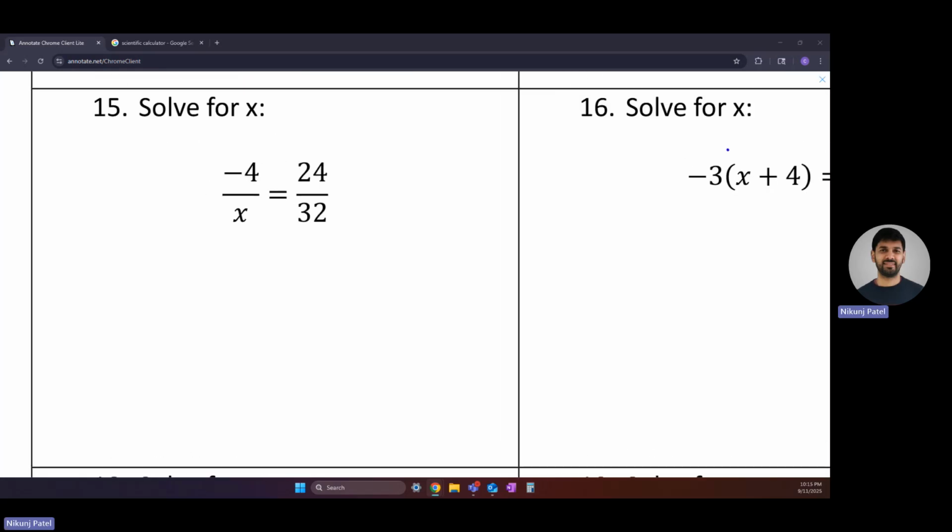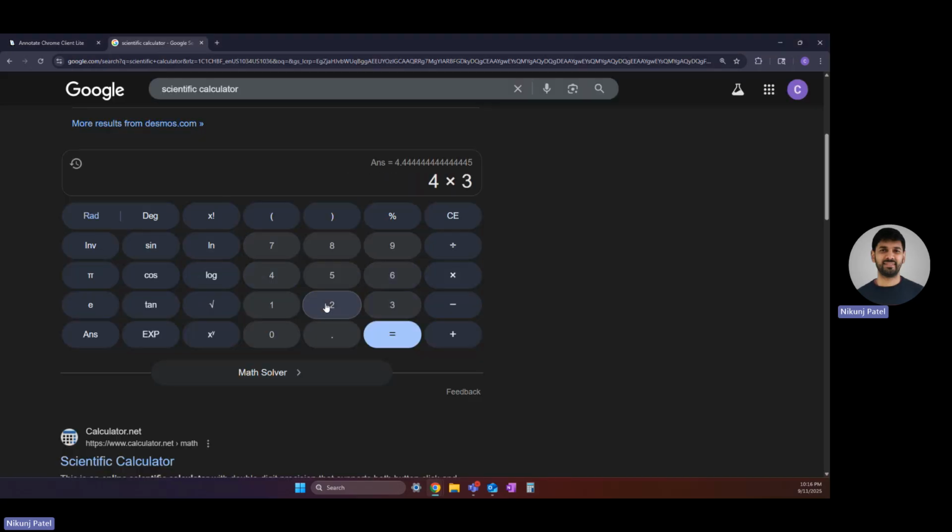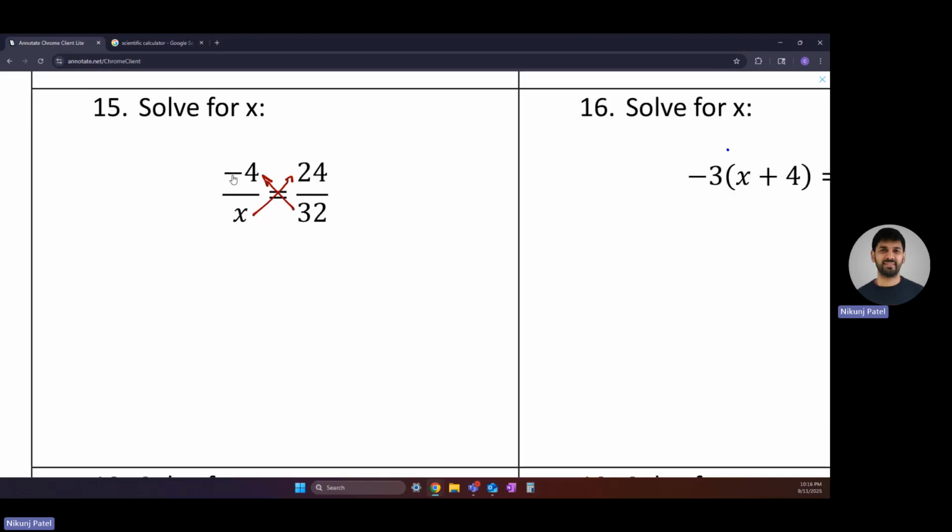We also talked in lecture about a similar question, number 15, where if you just have two fractions equivalent to each other, you can use the cross multiplication method. So when you do this, we'll end up having 32 times negative 4, and we can use our calculator to verify that. 4 times 32, it's 128. Since the negative was on the 4, it's going to be a negative 128. So negative 128